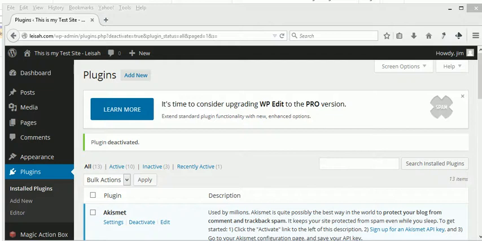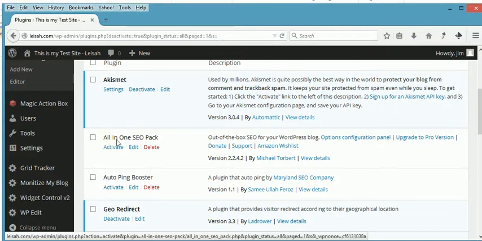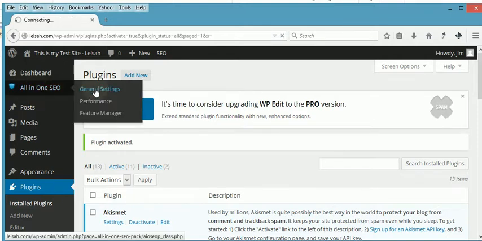Okay, another plugin you should install, and again, there's more than just one, but I like to use the all-in-one SEO pack. I've already uploaded it, and so what we need to do is go down and find it, all-in-one SEO pack. We want to activate it. Now inside this, here it is, it's now activated. We go to General Settings,